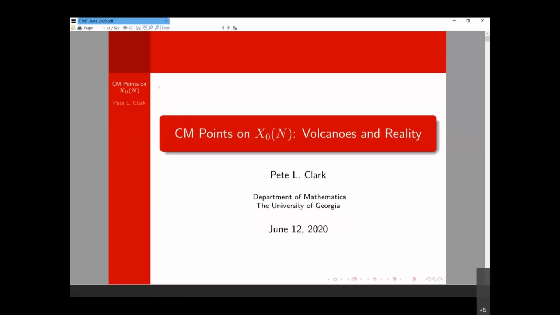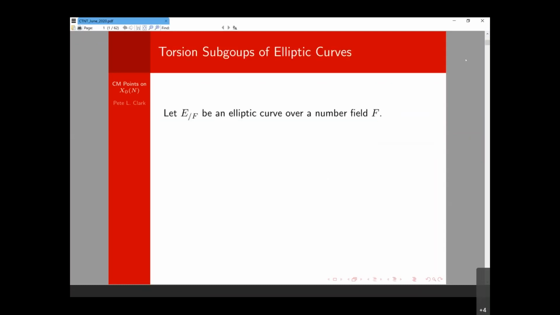It sort of pains me to say this, but probably it will be better if the questions come after the talk. The format seems pretty challenging for me to see that people are asking questions, but I would love to get questions at the end. Okay, so let's get. Oh dear, hold on a second. Yeah. Okay, so let's get started.